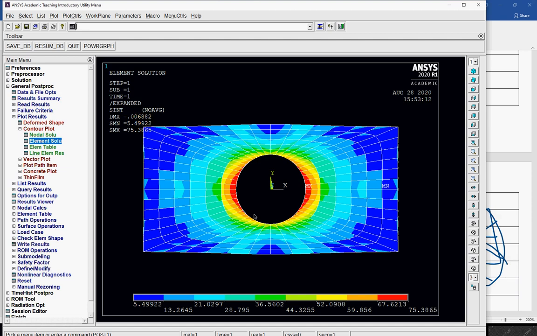ANSYS results and practical experiment results will differ by at least 50%, in some cases 100%, in many cases 200%. Okay, you need to establish the correlation. So ANSYS is as good as theory, because it is evolved from your theory, the finite element formulation, which is the theoretical part. I am using ANSYS, that doesn't mean my answers will be very close to practical results. Forget about it.